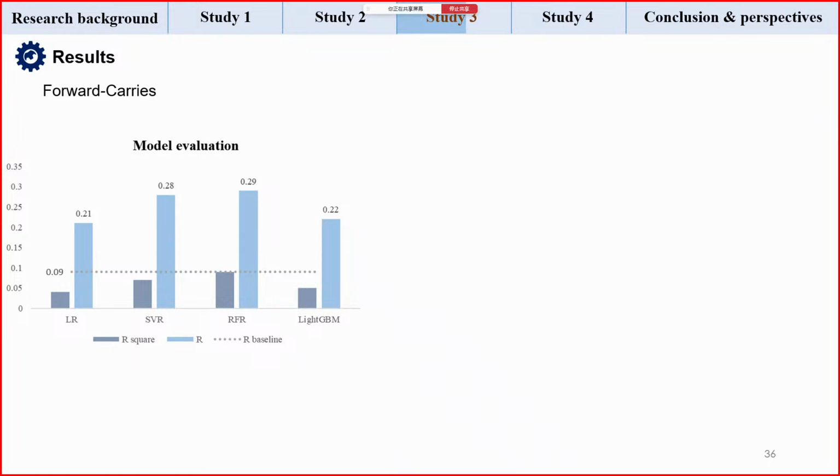Before applying machine learning, we first established a baseline, which was a correlation coefficient R between a single GPS metric and the KPI. If machine learning models improve the R value, it indicates that their predictive ability outperforms that of simple correlation. Taking number of carries during the match for forwards, the baseline was 0.09. After applying machine learning, the best model was random forest regression, which increased the R value to 0.29.